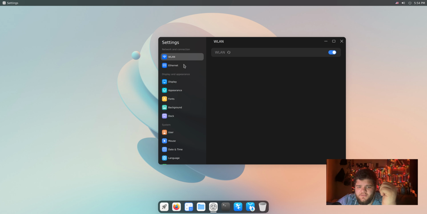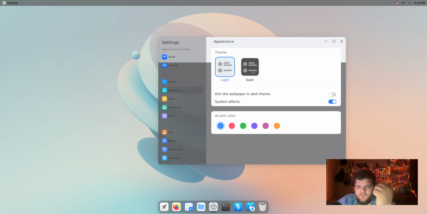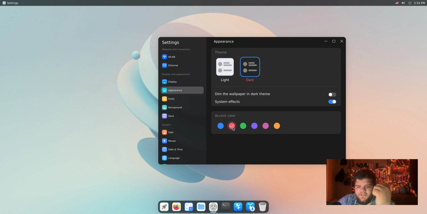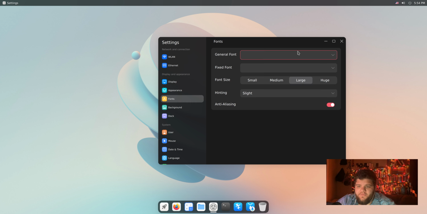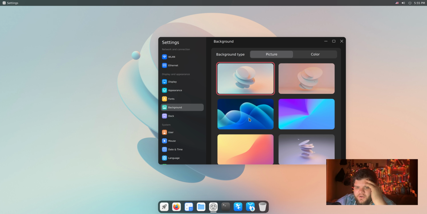The settings function really, really similarly. And also, it's super easy to use. It was really easy for me to come in here and switch over to a larger display scaling for the high DPI monitor that I'm using here, even if I had to log out and log back in just to make that happen. It's very easy to switch between light and dark modes, and they even have the same functionality to change accent colors the way that macOS does. You can even come in here and pump in your own fonts. I mean, this is all normal Linux stuff, and to be honest, this all probably sounds pretty familiar to you